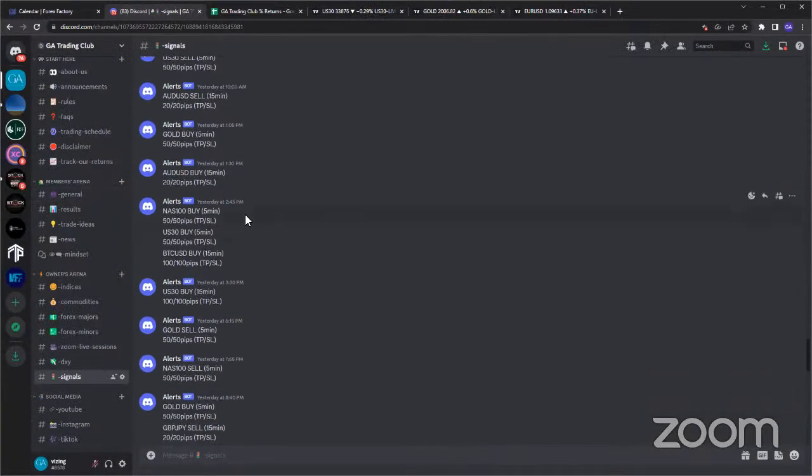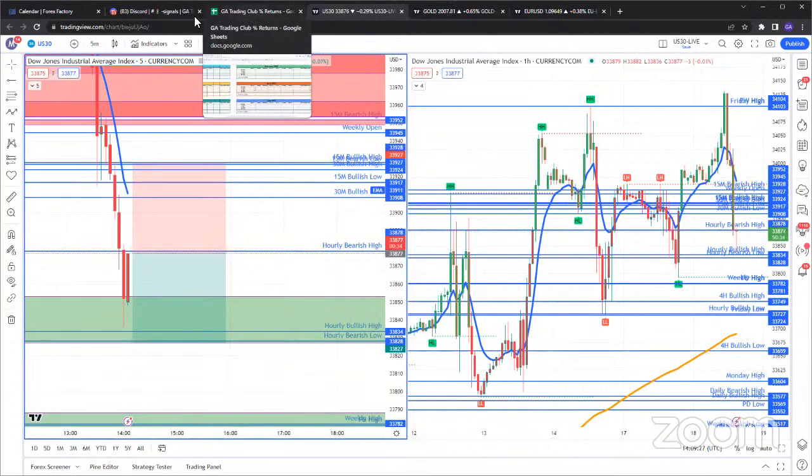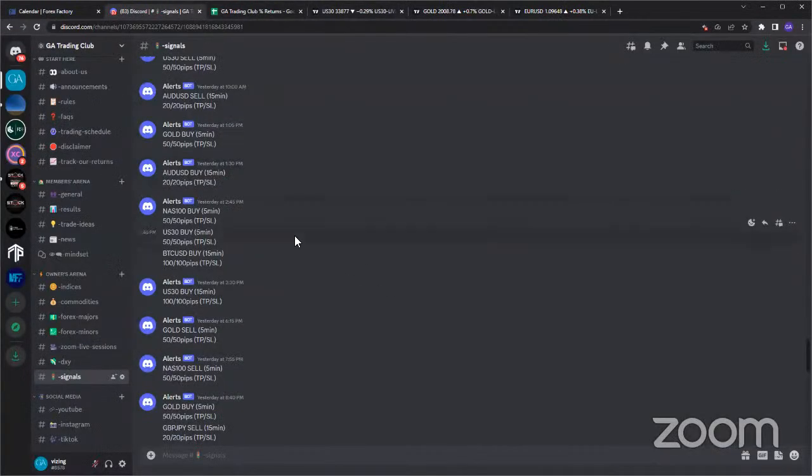And keep in mind, this is only for NAS, US30, Bitcoin, gold, EU and AU. So like right here, I'm waiting for this. We are literally just scratching the surface, right? Because we have other instruments that we can add in here. We can add Euro JPY, USD CAD, USD JPY. But just by these 4 instruments that we are getting signals for,